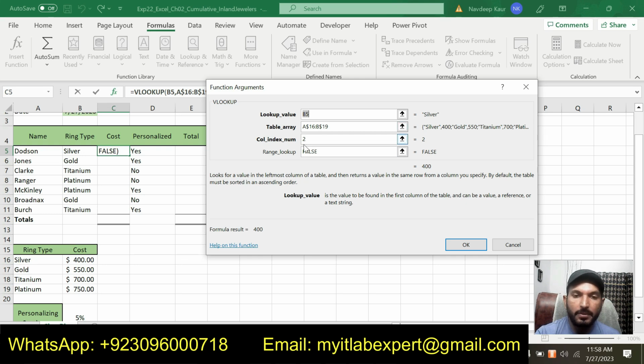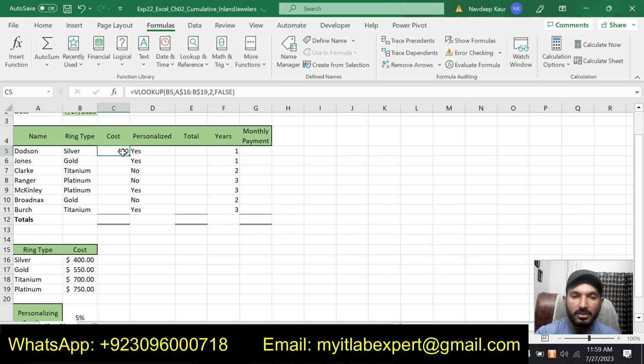Column index is 2. Why is the column index 2? Because the cost is the second column in this table array, and we are going to get the value from this cost column. So we will type 2, and it is an exact match, so we will type false and we will get the result for this student Dodson, silver type, 400. You can see that the silver ring cost is 400, as mentioned in the table array.